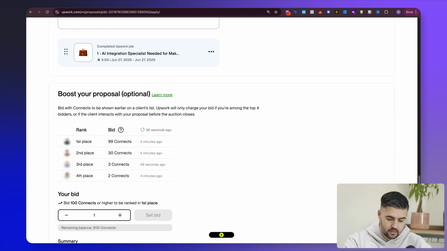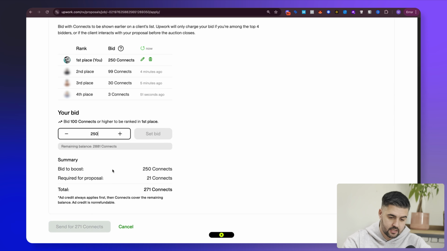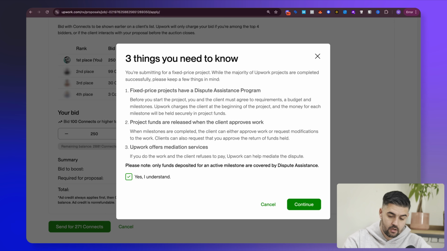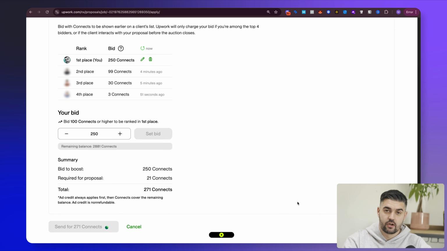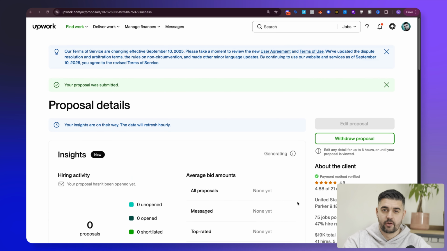boost your profile, going in really hot at 250 connects because it's a big project. That's a lot of money, and I understand that's a lot of money, but when you think about the ROI, potential return on investment, it isn't, and that's what you need to think of. You get that client signed up on a 4K initial implementation with 2K post-production plus 3K a month as his CTO guy. You do the maths on that over the course of the year, you've made 50 grand. It's worth the 250 connects to apply right now.